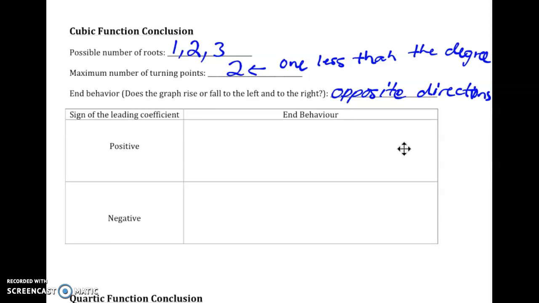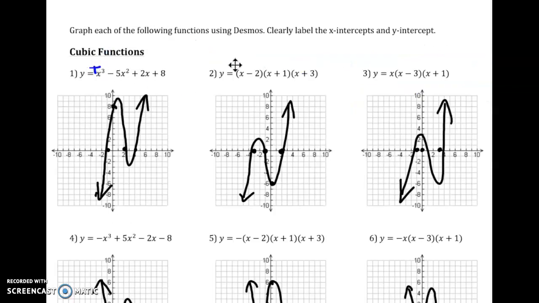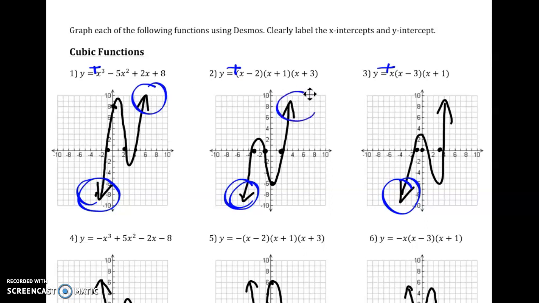And what determines whether they're up or down is actually the sign of the leading coefficient. So if we go back and look at our cubic functions, this one has a positive leading coefficient, that one is positive, that one's positive. If we look at all of these 3 up here that have positive leading coefficients, you'll see it starts down in this quadrant and it ends up in the first quadrant. And that's true for all of the positive leading coefficient